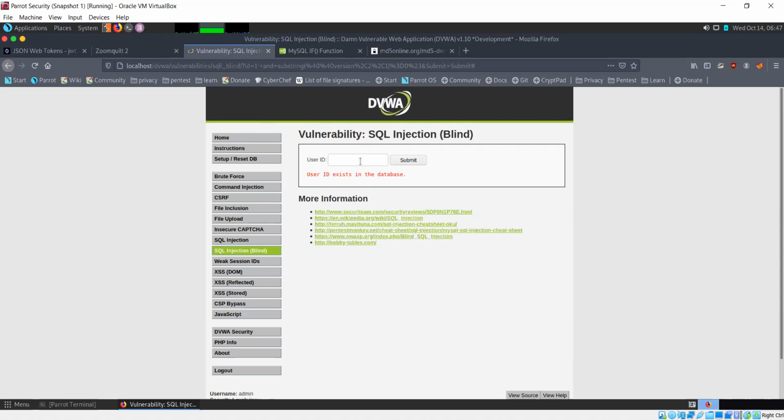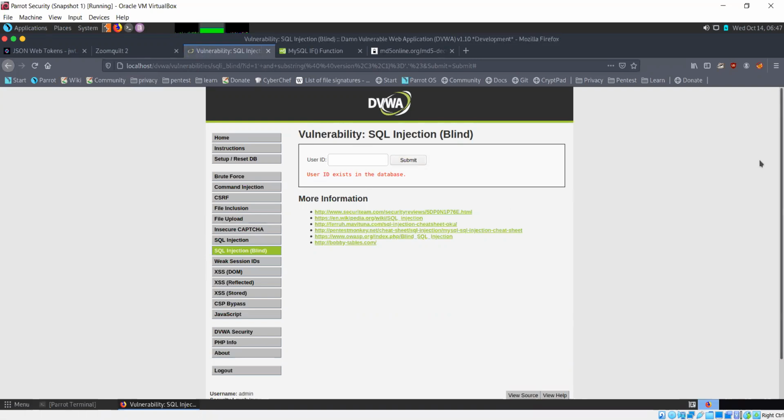And if you want to go even further, of course, you can definitely try that. The third character, and that is a dot in our case. So user ID exists, positive response, that means our statement is true. So the third character is dot, so 10 point something is the version number, and so on.